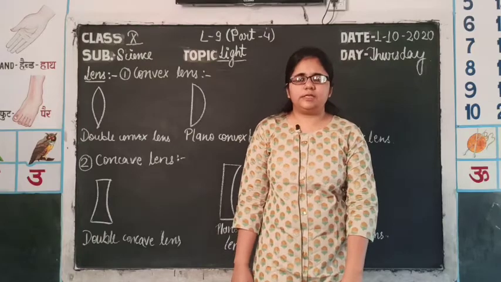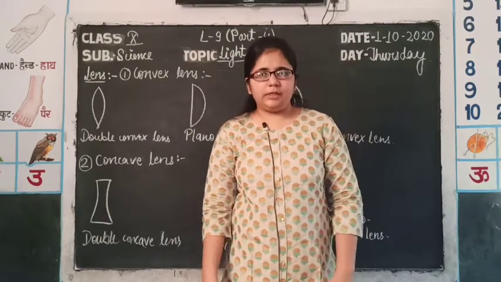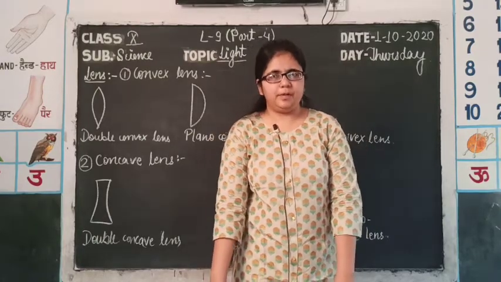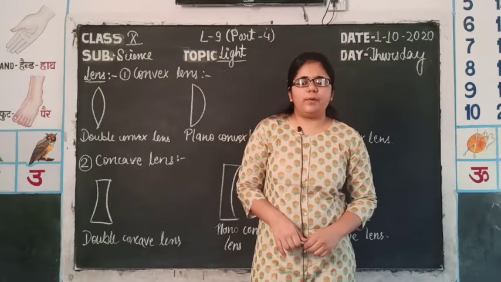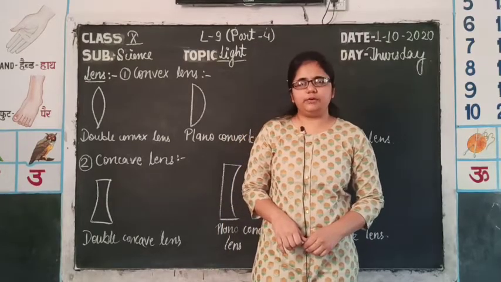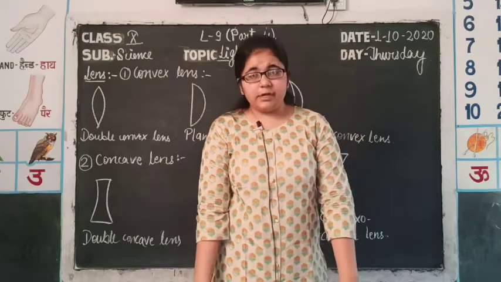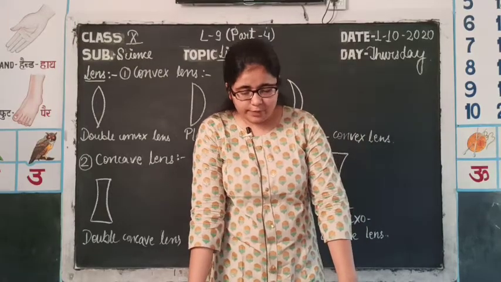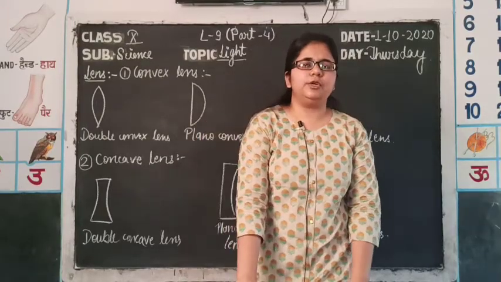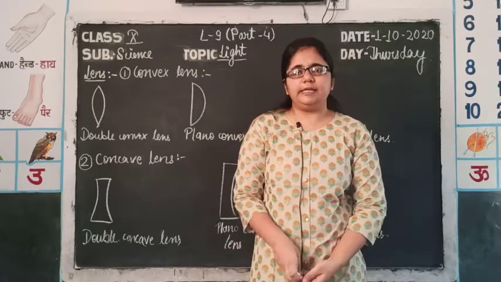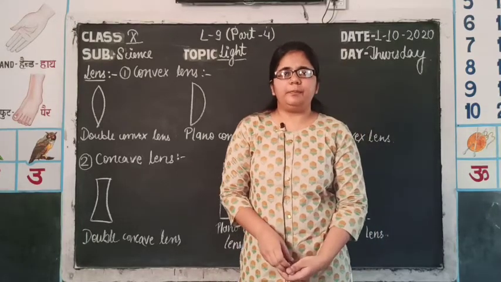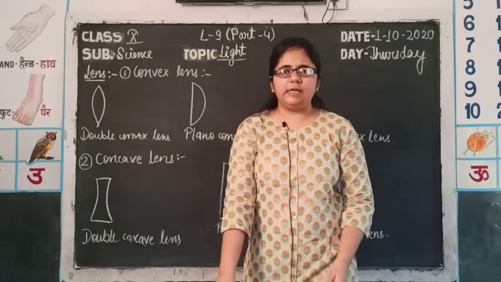In the previous discussion, we have solved some numericals based on the mirror formula. The mirror formula was 1 upon V plus 1 upon U is equal to 1 upon F. We have solved the example number 3, 4 and 5. Then we discussed a new topic, refraction, that is bending of light and appearance of objects at a slightly higher level